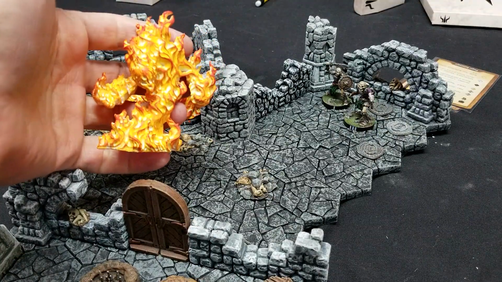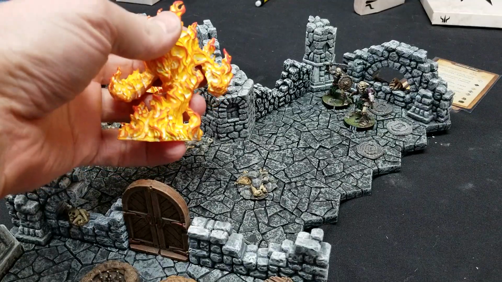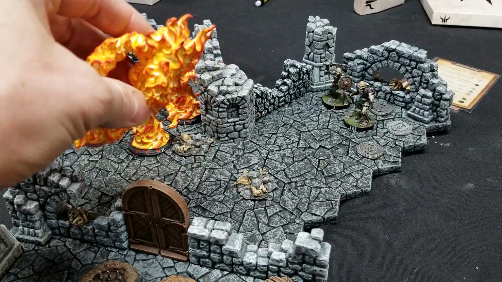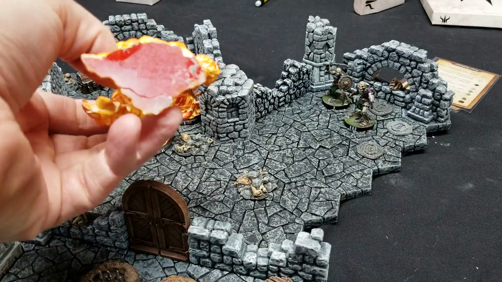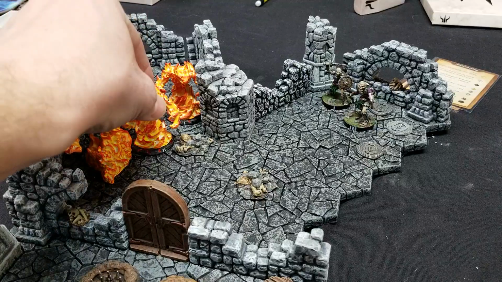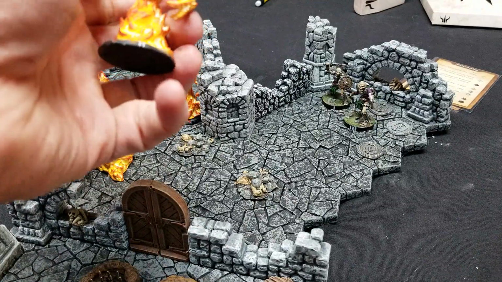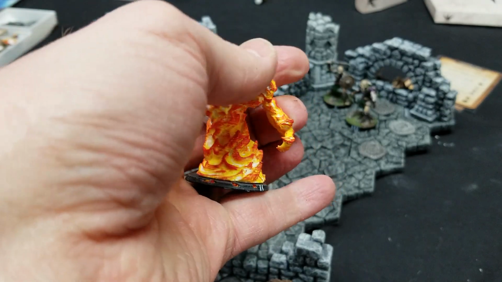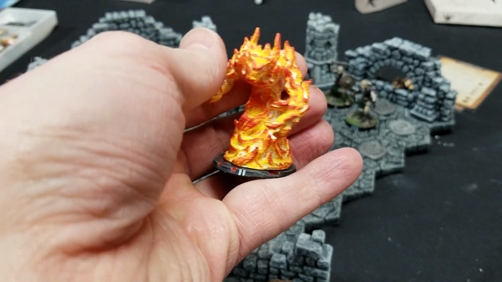This is a bones fire elemental, and since I did that Kickstarter a couple years ago, the first one, I had this model lying around. So it comes red, and I just painted it. But then these two fire demons are fire elemental 3D prints that I bought from a modeler who goes by the name of